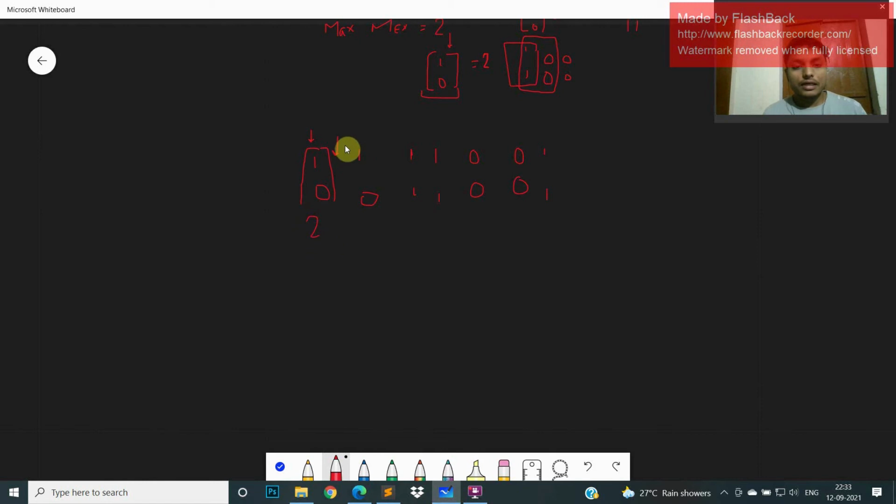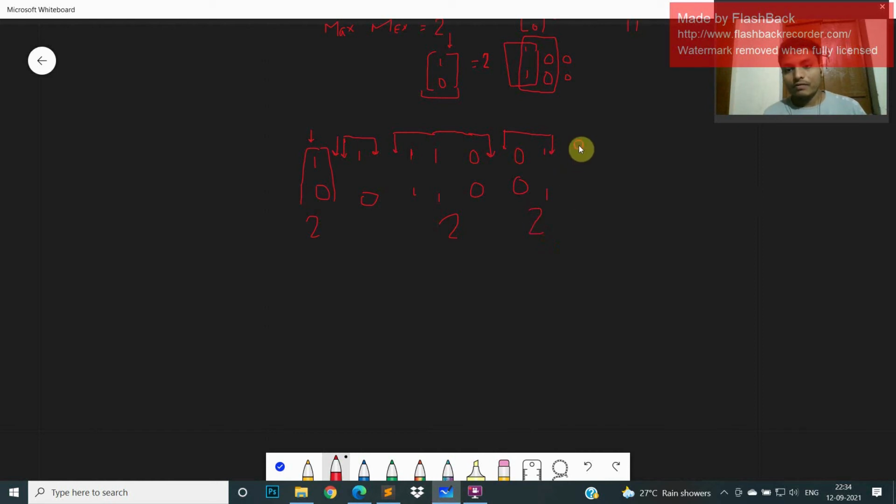Then the next index will start from here, and here we again see 1 0, so we end this one too. Then we start the next substring from here. Here we encounter 1 1, then we go further, also 1 1, then 0 0. Now we encounter 0 0, and we go on; because of 0 0 we move forward. We see 1 1, then we stop here because the MEX will be 2.